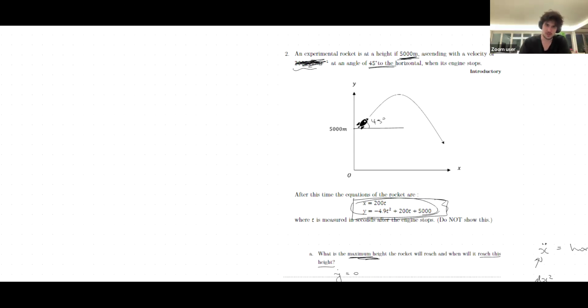So the x velocity. Wait, what am I trying to find? What about y velocity? What's the expression for that? The y velocity is just the differentiated version of that, which was negative 9.8t plus 200. Yep. And so how do I find the total velocity? So when you find t,